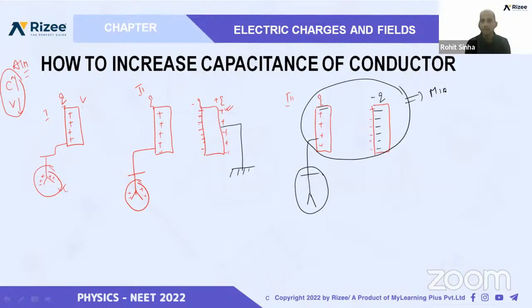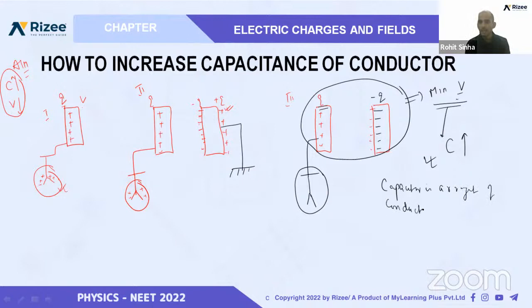This will have minimum potential V, and if it has a minimum potential, that means capacitance will increase, and this is called a capacitor. What is a capacitor? We came to know here: a capacitor is an arrangement of conductors